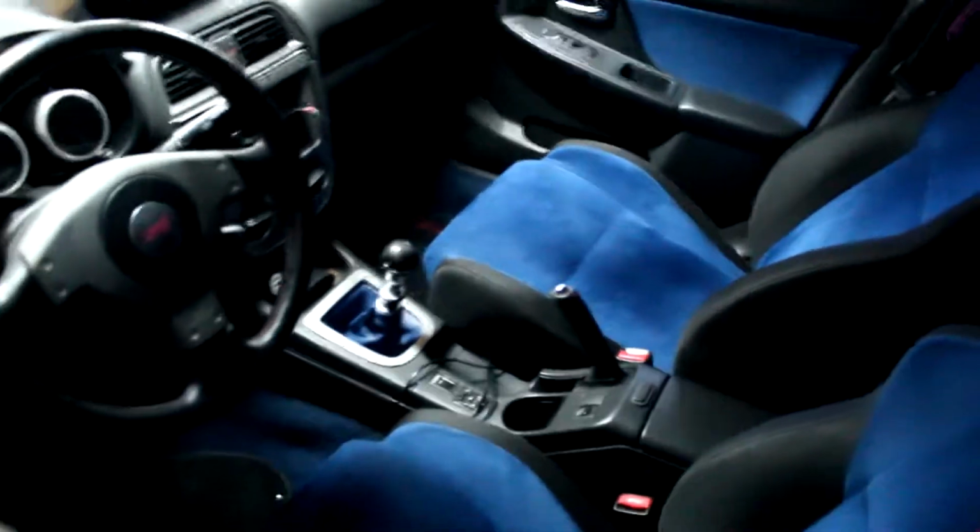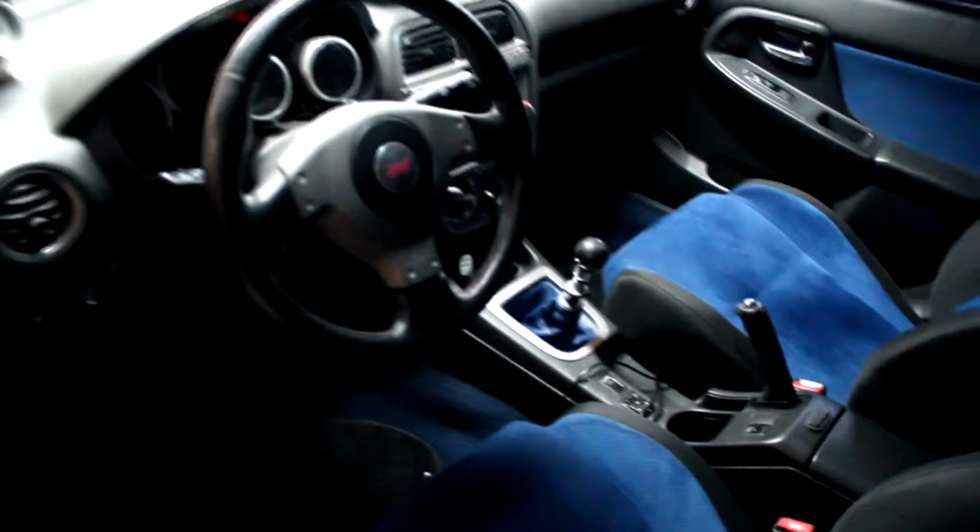So we actually got really lucky on this car. It's super clean. Only has 49,000 miles on it when we bought it. It's in great shape. It already has the additional DEFI gauges in it and a Pepsi turbo timer, the AEM air fuel gauge, and then up here under the hood